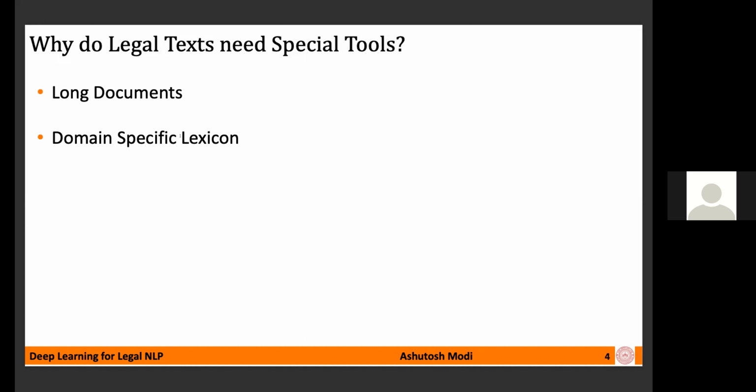Legal documents use natural language. For example, they might be in English or Hindi or some other regional language. However, these documents use a legal domain-specific lexicon. Commonly occurring words in natural language could have specialized meaning in legal parlance. The use of specialized lexicon and different semantics associated with words makes pre-trained neural models ineffective. For example, if I try to use a transformer-based model which has been trained on regular English text, it may not work. It usually doesn't work well on legal text.